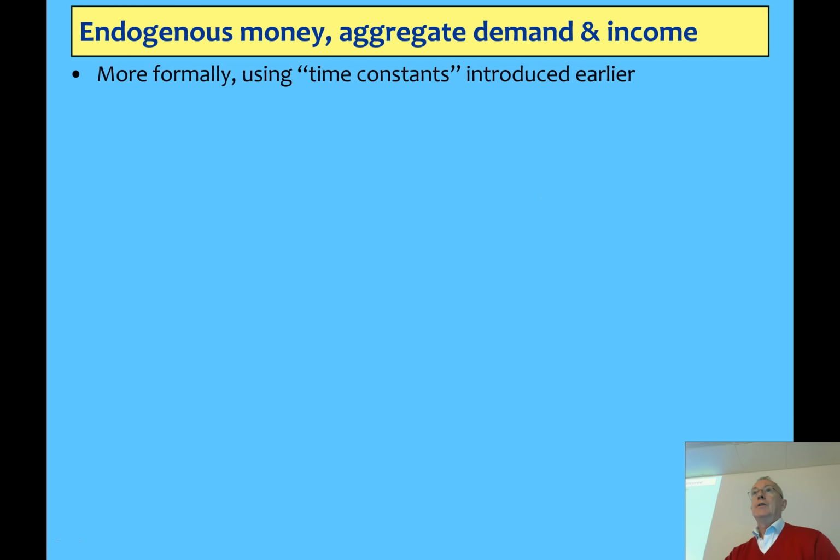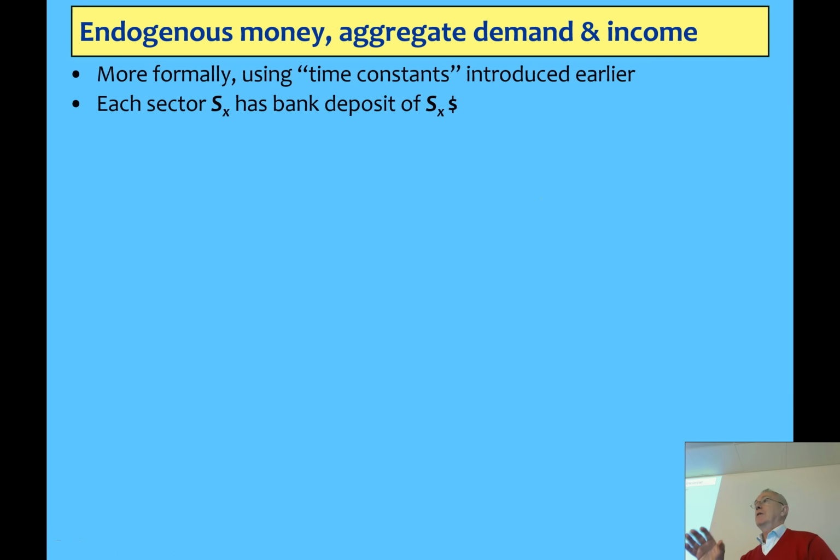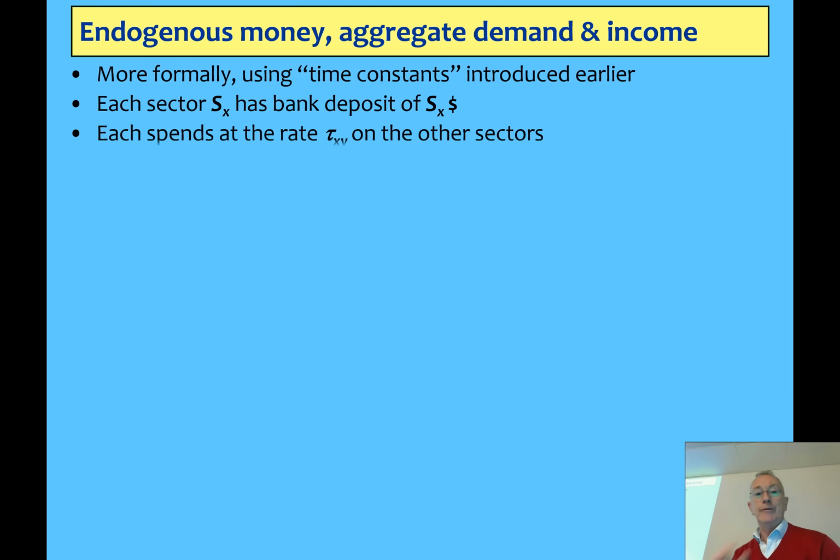Now, I want to do it more formally, because this is something I've actually clarified. I made one mistake in my previous paper, and that is that I left out the fact that when you think about loanable funds, what's going on is somebody, rather than having a flow of money going from their account to somebody else's account buying, part of the flow still goes there, but another part of the flow goes off to the person who's borrowing money from them. So the time constants for lending turn up in loanable funds. And that was something I've only found out in the last 3 or 4 weeks.